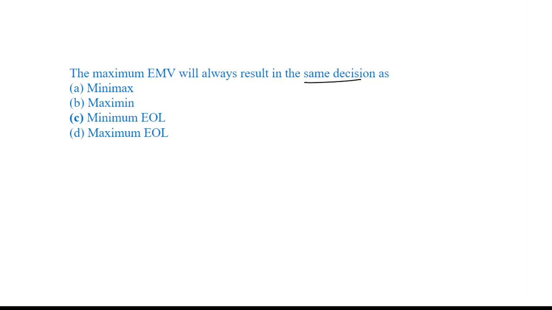One wants to maximize the profit, which means he wants to minimize the loss. Whereas the other person says that I want to minimize the loss. So what is the other thought going on in his mind? That he wants to maximize the profit. So it's all the same result which is going to come up, whether I'm going to have an EMV approach or an EOL approach. Fine. So the maximum EMV will always give the same result as the minimum of EOL. Minimize the loss and maximize the profit. Simple rule. Clear? Okay, let's move on to the next question.